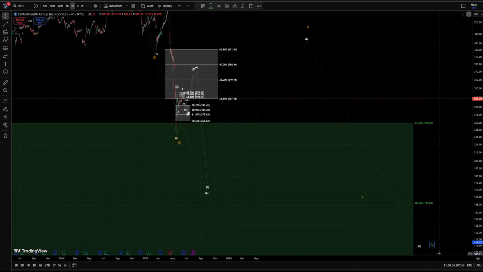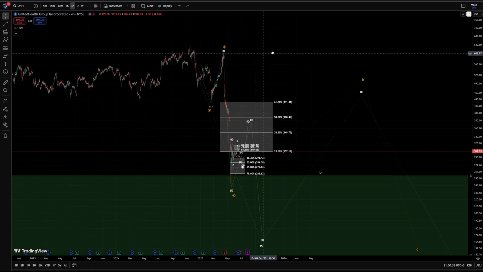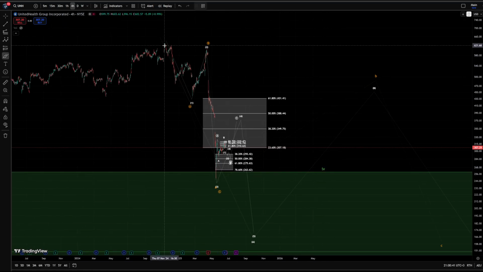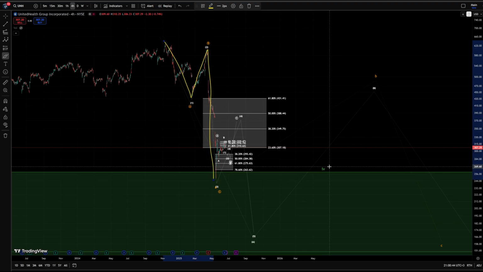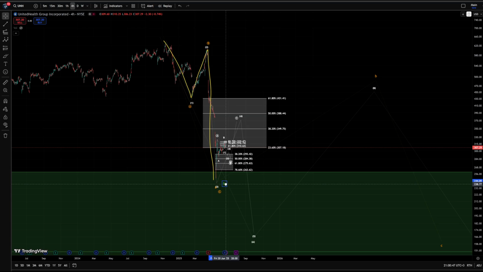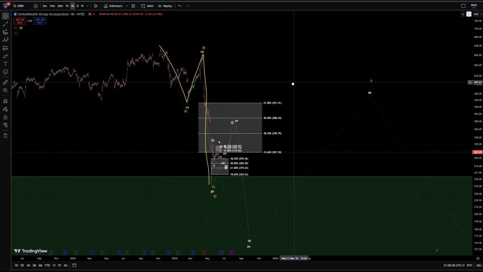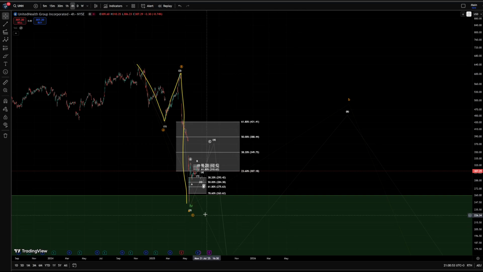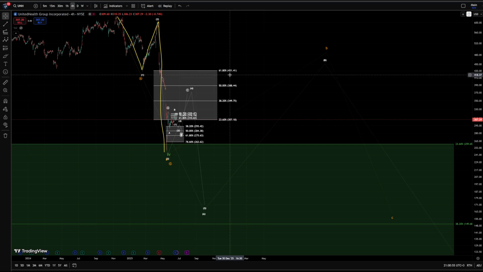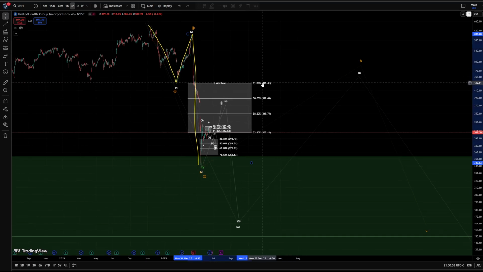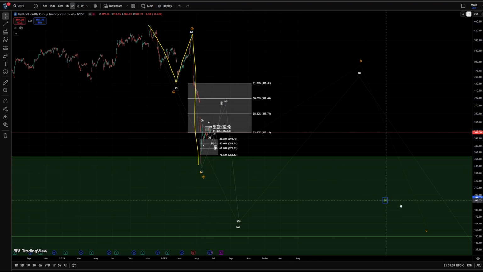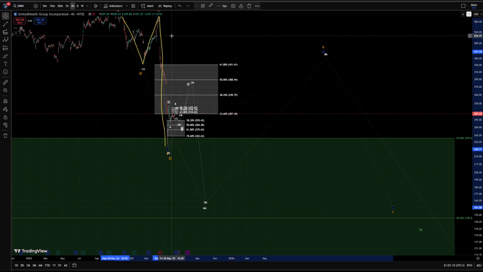Now, of course, there is a scenario where this entire correction was just an A, B, C, and we finished the wave 4 here immediately, and that we would now directly move to new all-time highs. But until we break resistance zones such as the first one, that is here in white up to $431, we will focus on the white scenario, and if we then break that, we will start to look at